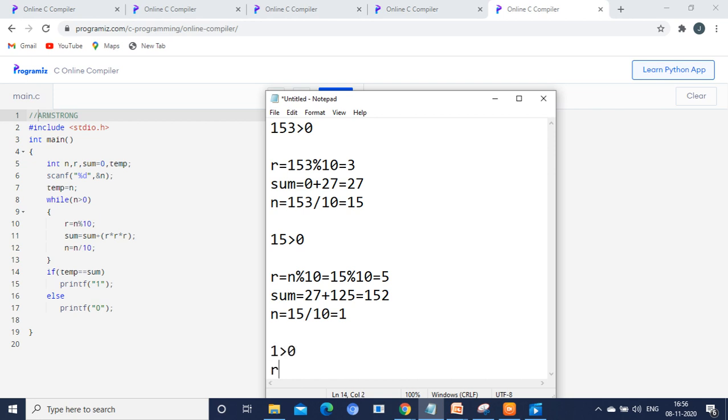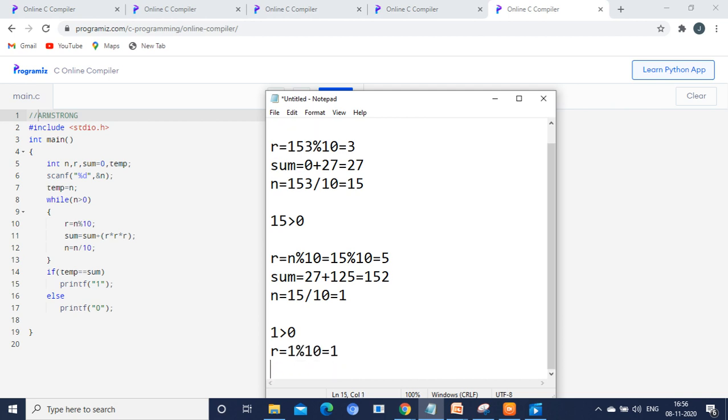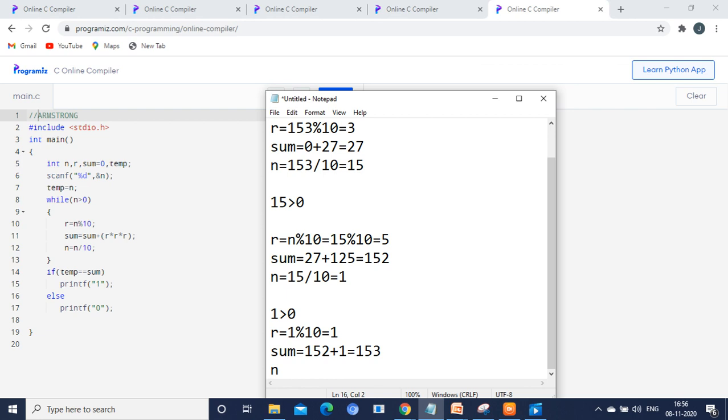Now you are having R value. R is equal to 1 modulo 10. 1 modulo 10 is 1. So it will calculate the sum. Sum is equal to 152 plus, what is R cube? 1 cube is 1, so it is equal to 153. Right. Now n value is equal to 1 divided by 10. It is 0 point something.